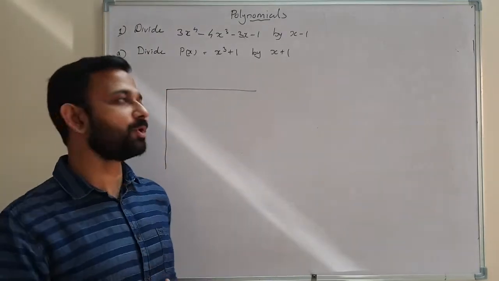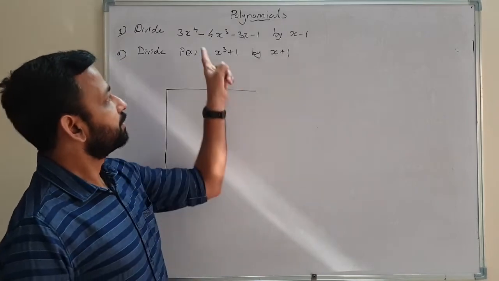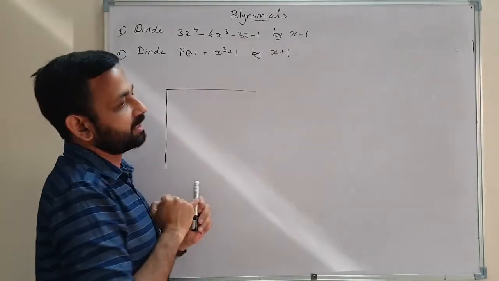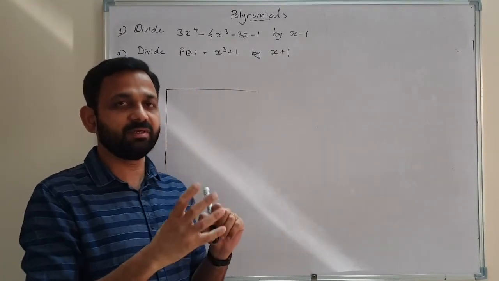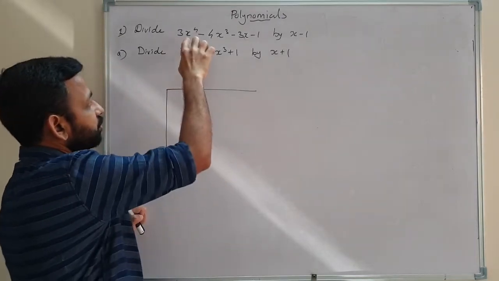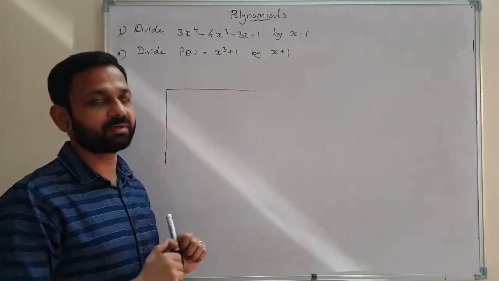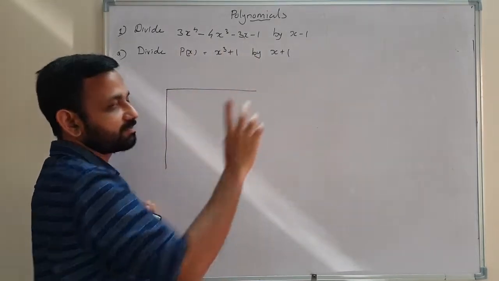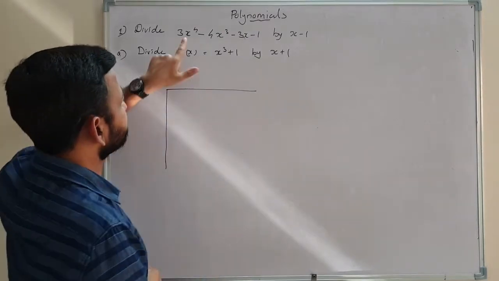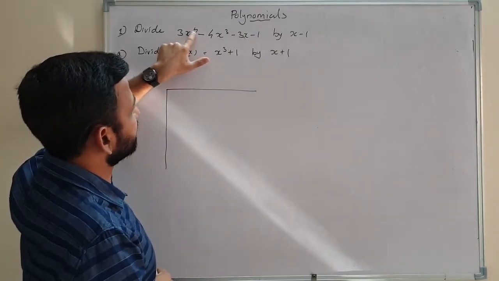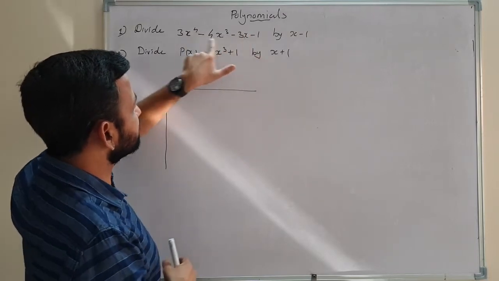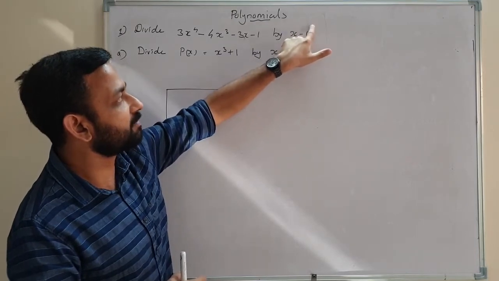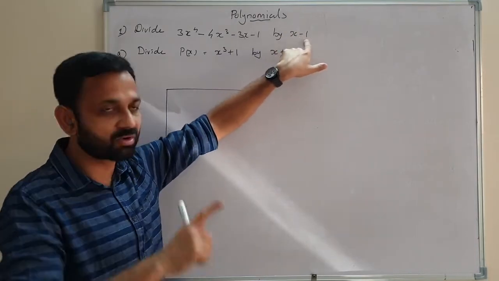And when we divide a polynomial by another polynomial, we want to make sure that the terms of the polynomial are written in decreasing order of their powers. So here the power of this term is 4, and here 3, and here 1. So this is the decreasing order. And here the power of the variable is 1, and here power 0. So 1, 0, decreasing order of their powers.